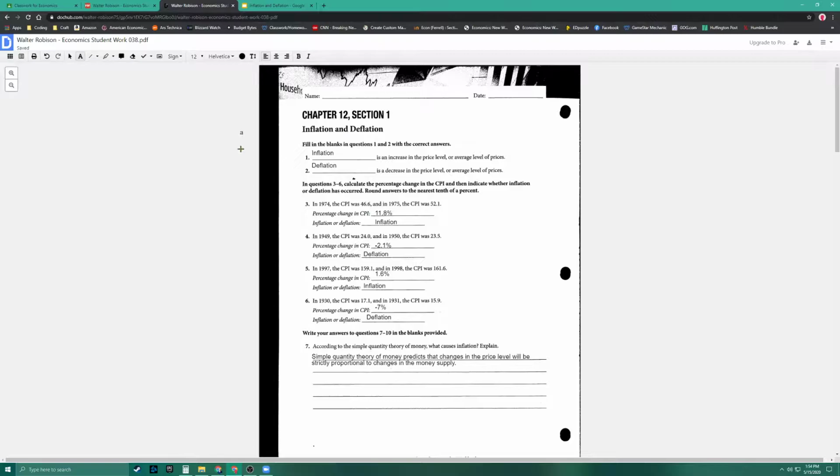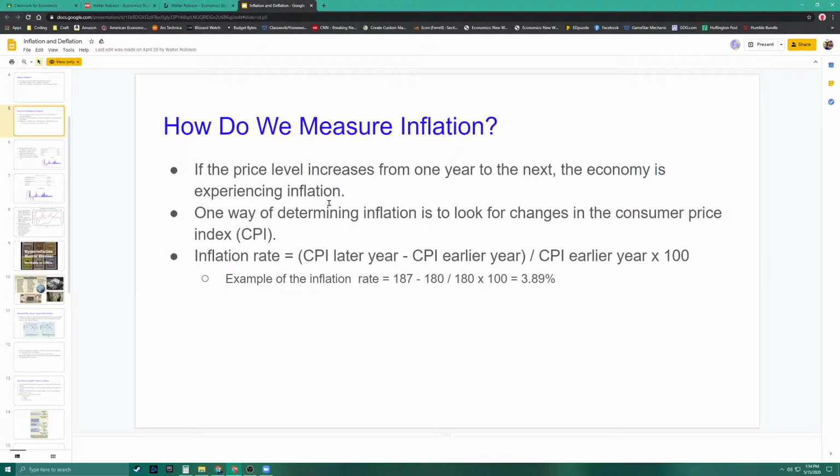Okay, so the work. I already have most of it done here, so I'll just go through this quickly. Question one says blank is an increase in the price level or the average level of prices. Well, if it's an increase, that represents inflation. This says decrease in the price level, so that's a deflation. Now, questions 3 through 6 are asking you to use the inflation rate or deflation rate